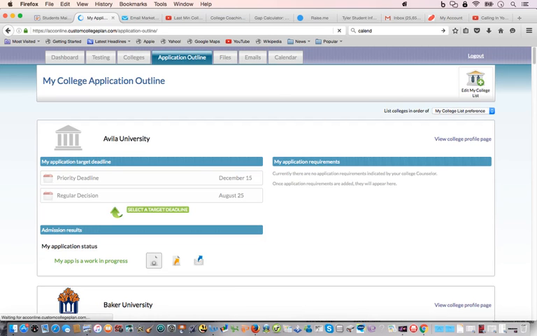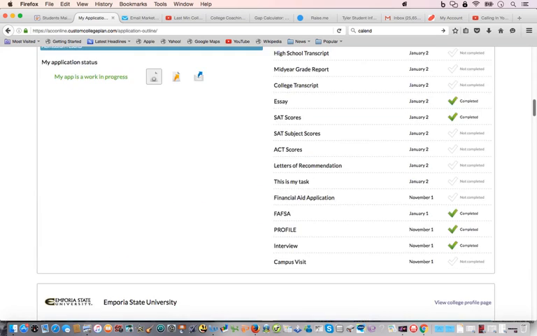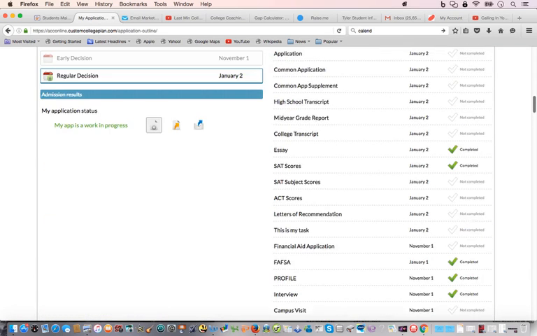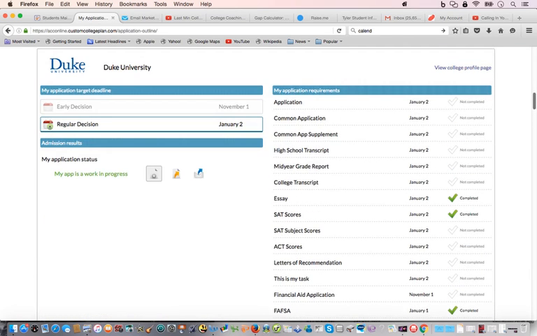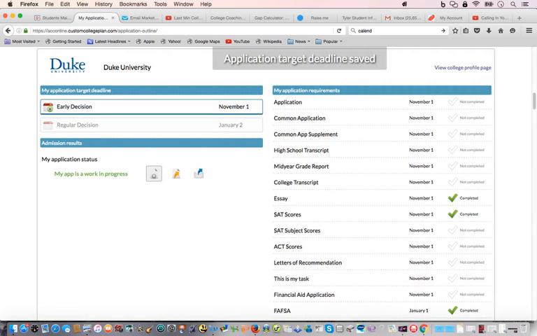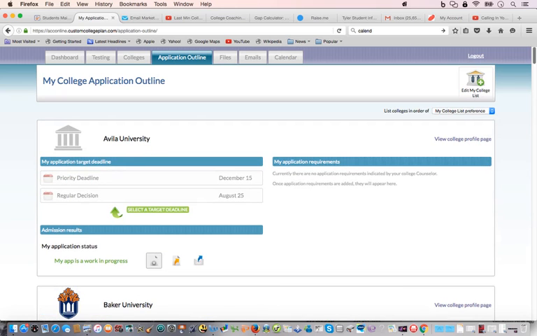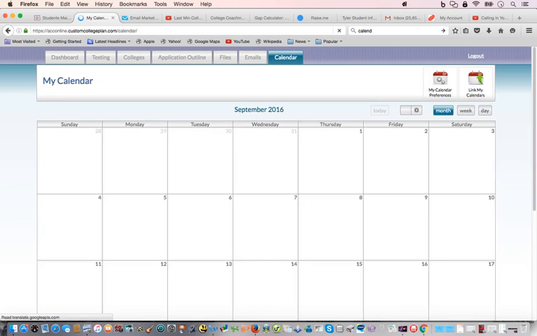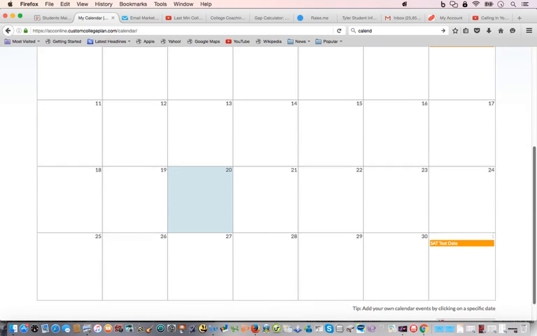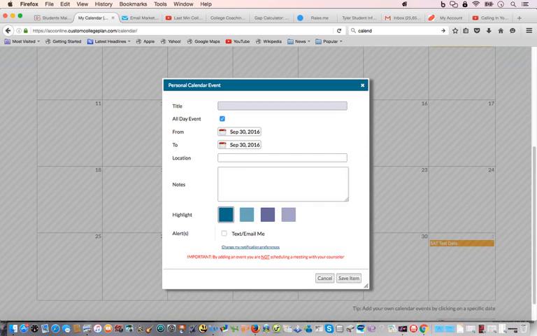If you go back over into the University of Duke, you can see, okay, this is telling me if I want to make a regular decision or early decision, but maybe I just want to control the calendar myself because I want to send my high school transcripts to them on September the 30th. So I can come back in here to the calendar and go to September the 30th and click on here and put